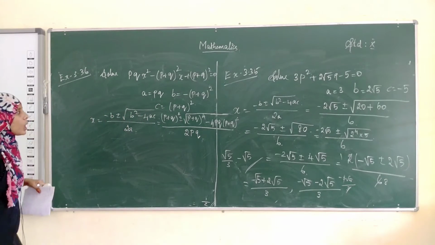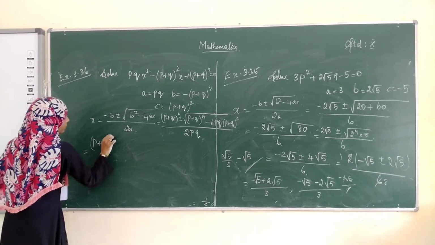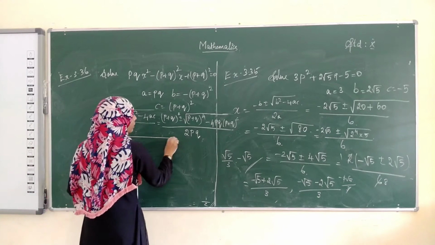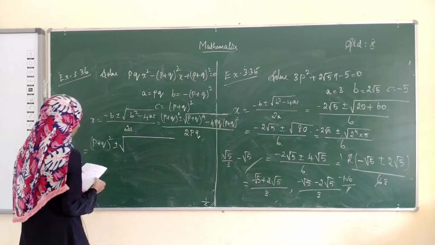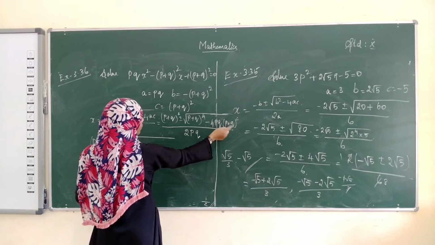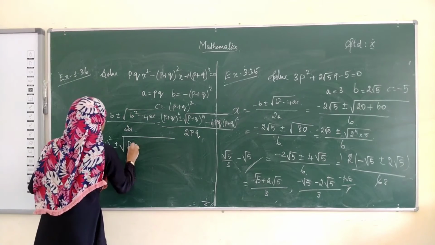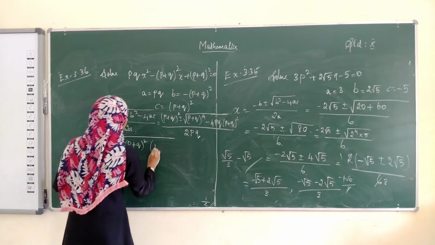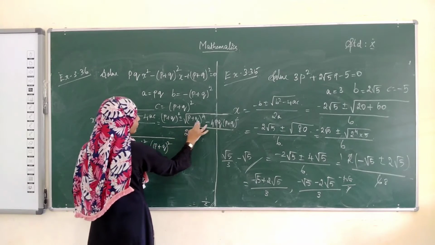We have to solve this. Okay. Let us keep the p plus q the whole square as it is. Solve the terms inside the square root. Root of p plus q the whole power 4 minus 4pq into p plus q the whole square. Okay. See here. Take one p plus q whole square outside. We can take one outside, right? So remaining term p plus q the whole square.